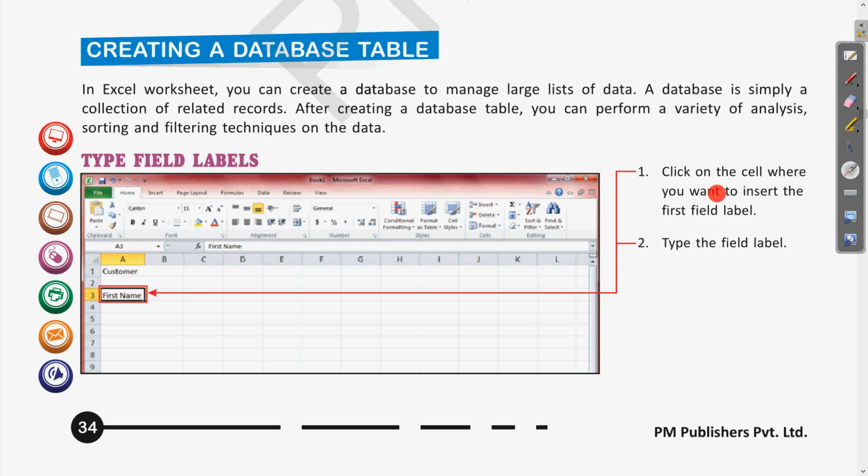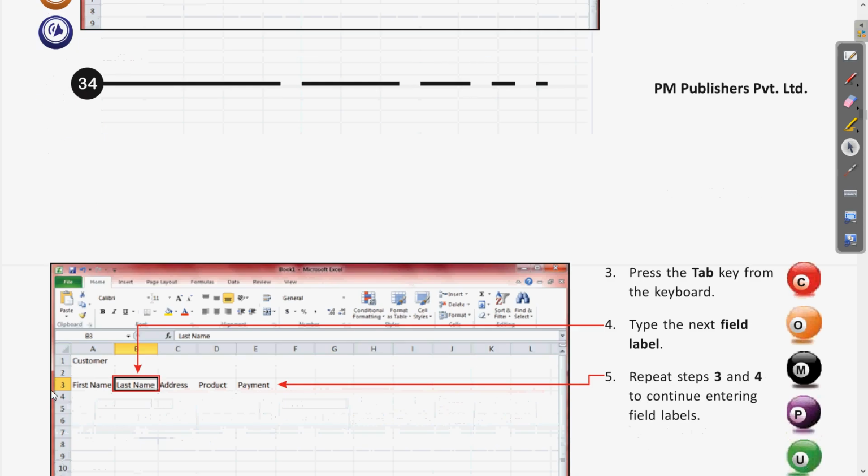Select the cell where you want to insert the first field label. Type the field label. If we are saving information about different customers, there will be different fields like first name, last name, address. All of these are going to act as labels. So how to enter these labels?